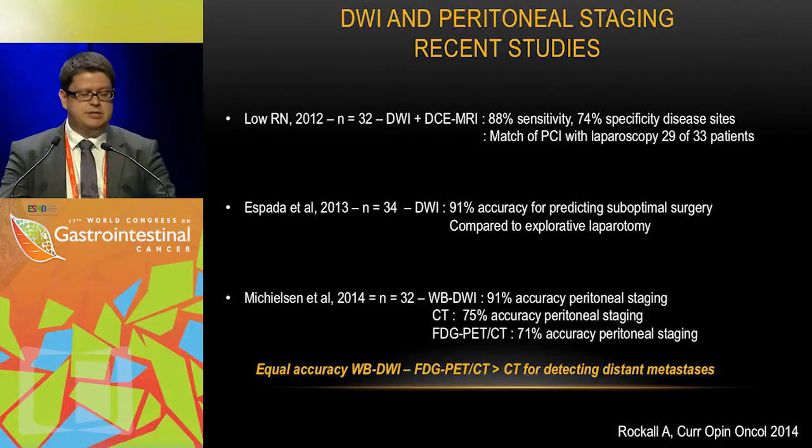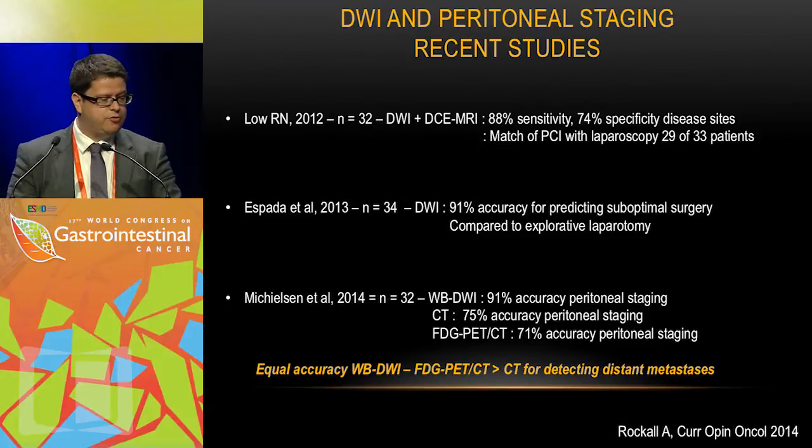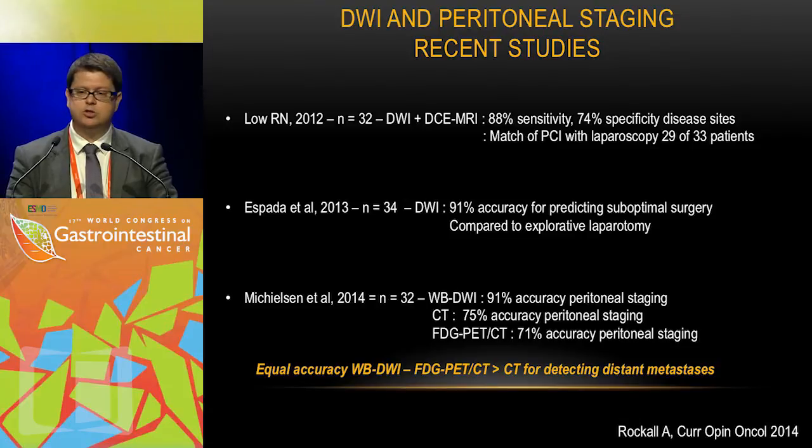So what did recent studies show? And I think there is a lot of important work that we are in debt to Russell Lowe from San Diego. He really works a lot on it. This is in 32 patients. When I made this slide, actually now he made a new study, again in the largest patient group where he compared it with CT. But most importantly, when you combine diffusion MRI with contrast-enhanced MRI, there is a high sensitivity and specificity for detection of peritoneal metastases in the separate subsites,